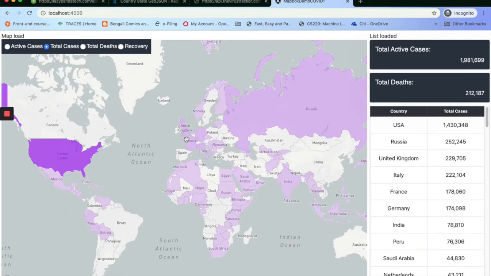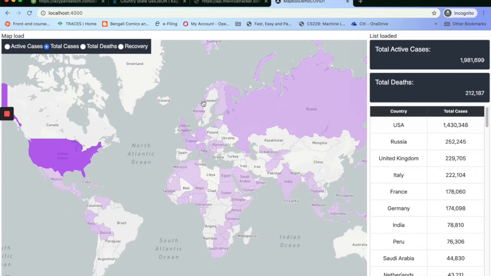If you put a proper color code, then you will be able to understand more. Like Russia and Norway, you can understand the difference. Even India and Uzbekistan, you will be able to visualize the color difference. So that way it is being created.